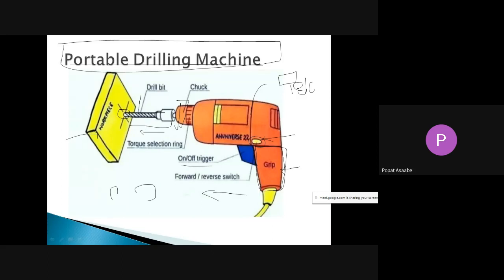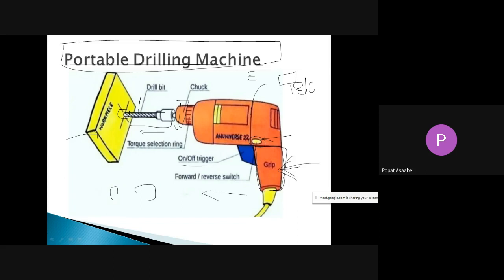Simple. This is the portable drilling machine. It consists of one small electrical motor. When we press that switch, the electrical motor starts to rotate, and along with it the drill bit also starts to rotate, and we can change the rotary direction of that drill bit with the help of that switch. And with the hand, we can give the feed to that drill bit, and in this manner we can produce the hole with the help of that portable drilling machine.